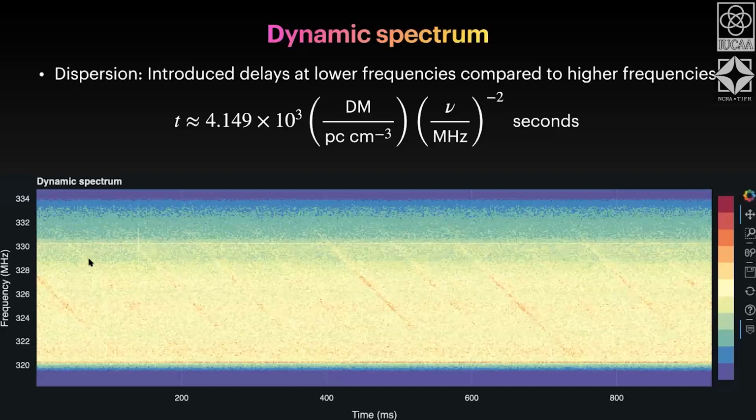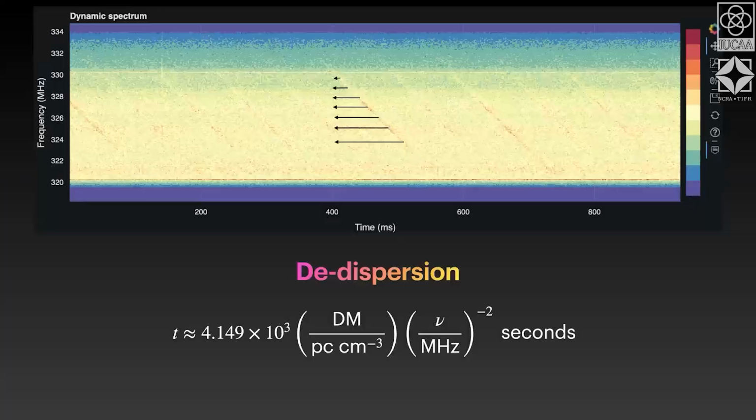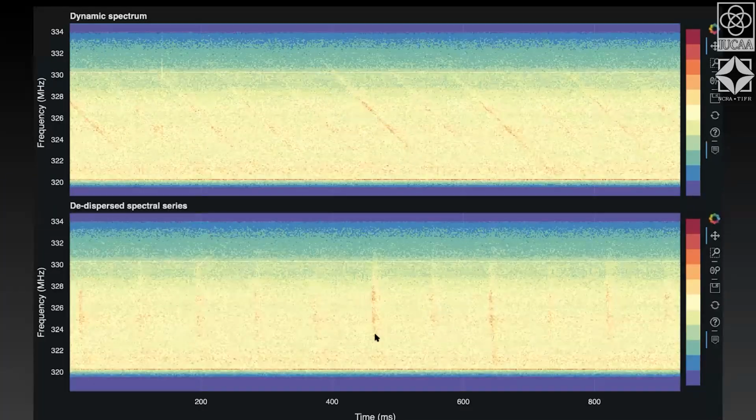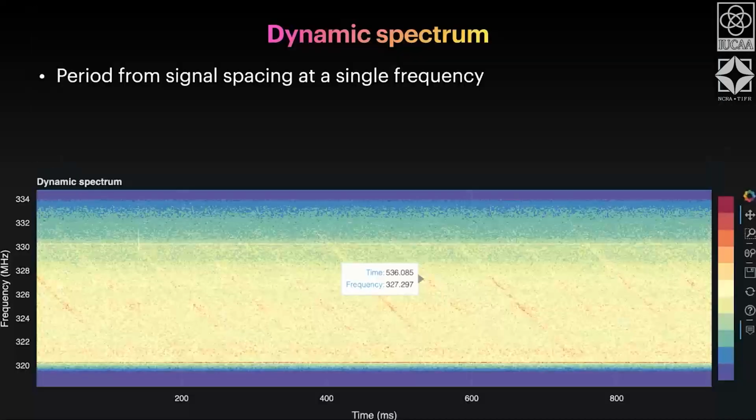The idea is they are emitted. So a pulse is emitted at all frequencies at pretty much the same time simultaneously at the source. If you look very close to the source, it should look like this bottom panel. The pulses are emitted at the same time. But as it traverses the interstellar medium, the lower frequencies are delayed compared to the higher frequencies, which means that if you look at the time series, you'll see that the higher frequency signal is seen first